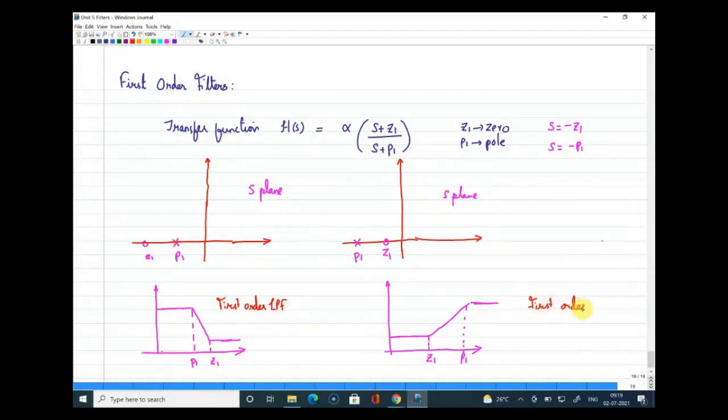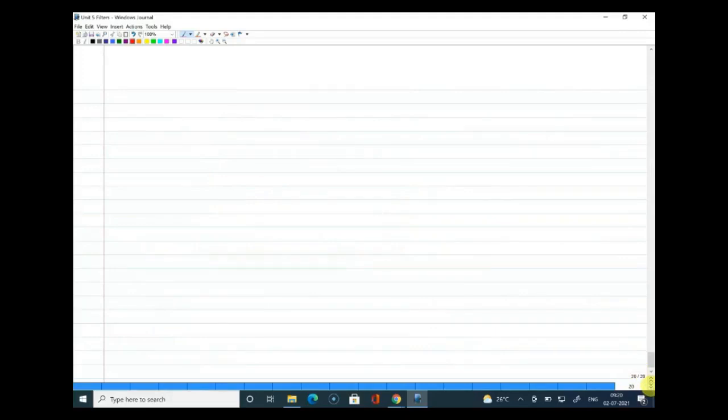So is this clear? Any questions on this? This is exclusively by taking the transfer function with a single 0 and a single pole. All right, if you have questions, you can post. Meanwhile, we'll look at one circuit where we can have 1 0 and 1 pole. So the very simple circuit of that form is,